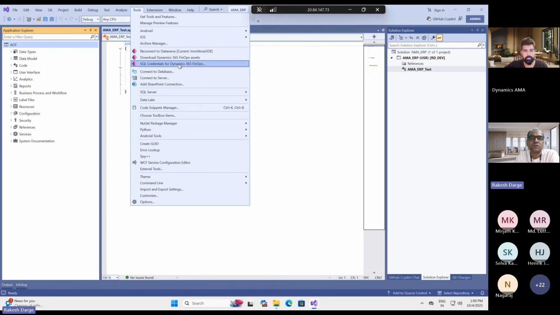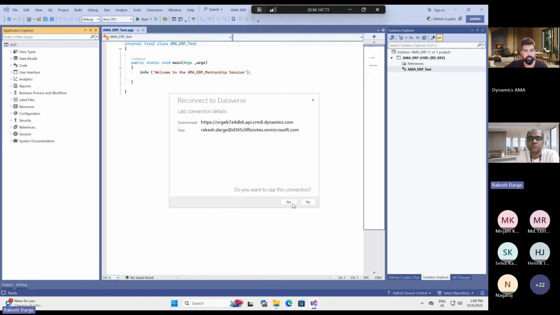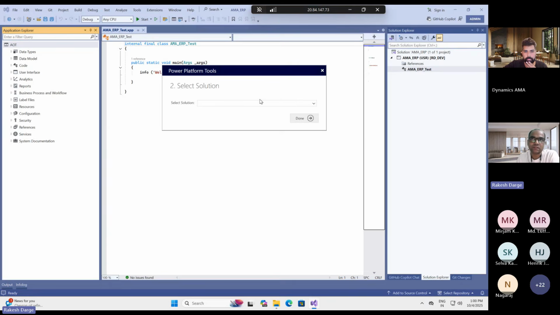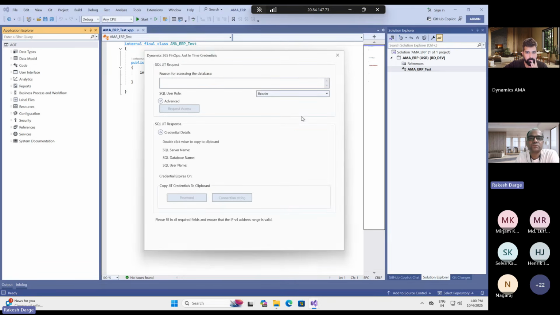Another section that I want to cover, as I mentioned earlier, is the local DB. You can also connect to the local DB. I just wanted to say yes. It will try to connect to my Dataverse, and it will also connect to the Azure SQL that is running in cloud. But why do we need a local DB? Because you probably would have noticed, we need to have the local reference we call XRF. So that XRF database is my local database that I probably need.